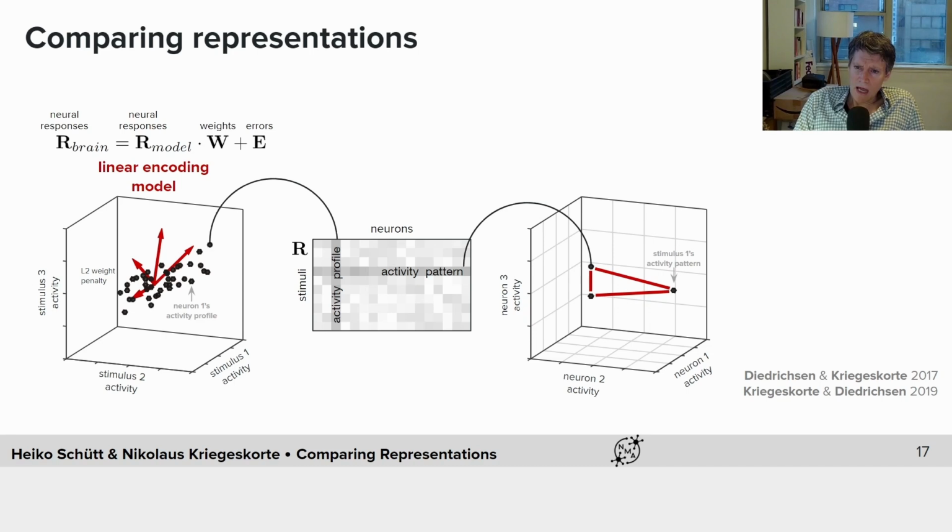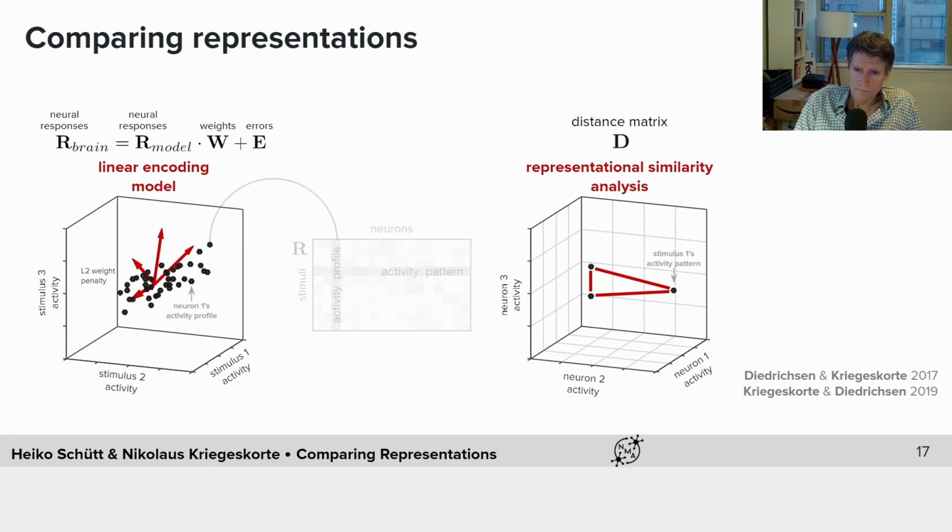And once we have the points in the space, we can look at their pairwise distances to characterize the geometry of these response patterns in the multivariate response space. We can characterize this geometry by the distance matrix D, and that's the approach we take in representational similarity analysis.